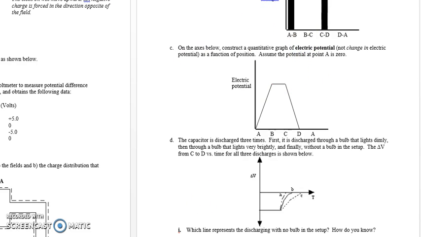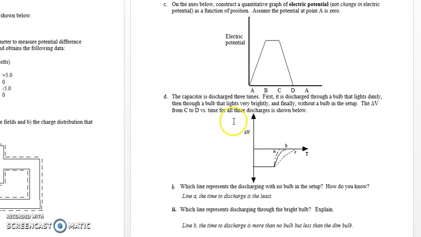And so I felt that this last question on the worksheet, which is the only one that addresses the discharging bulbs. Part 1 says which line represents the discharge with no bulb. That's fine, it's going to be the shortest amount. Which line represents the discharging of the bright bulb? Okay, that's more challenging because then they have to use the energy reasoning to figure out that the bright bulb is discharging the energy more rapidly because of the brightness, and well, the solutions supplied don't really make that connection